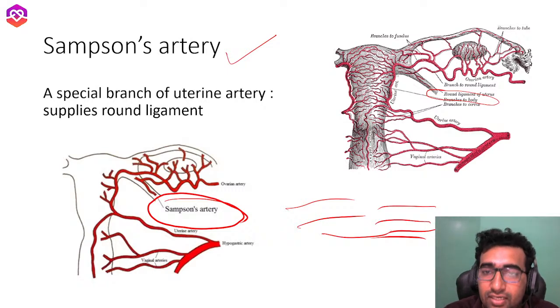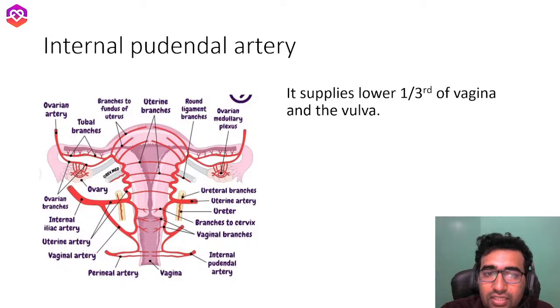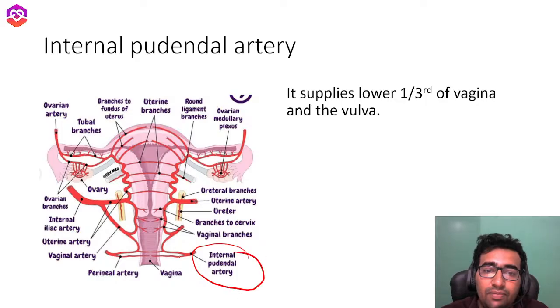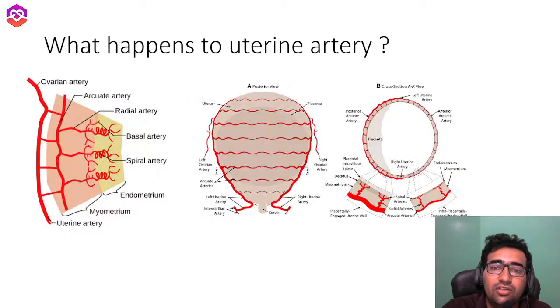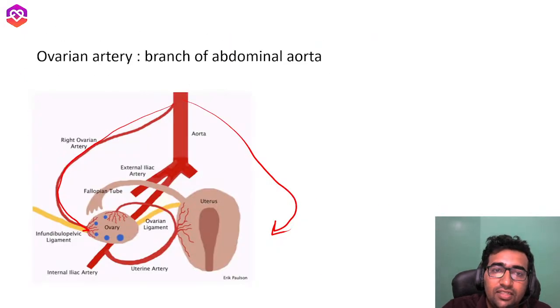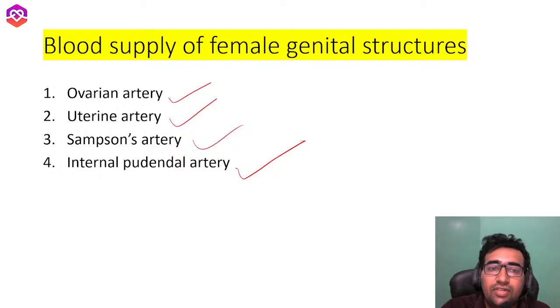Round ligament of the uterus. Okay, now more than that, the last artery is the internal pudendal artery. You can see the lower 1/3 of the vagina is supplied by the internal pudendal artery. All these things anastomose with each other. Okay, so what is the blood supply? One is the ovarian artery, uterine artery, Sampson's artery that runs through the round ligament, and the internal pudendal artery, for the lower 1/3